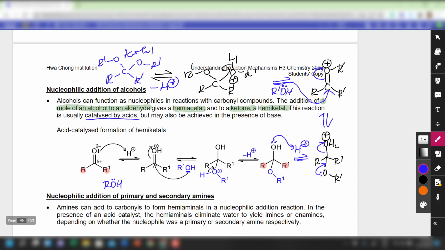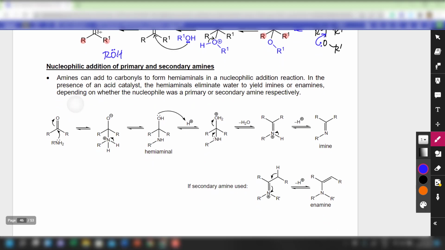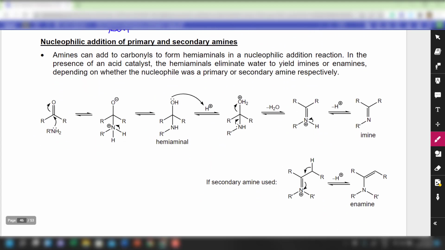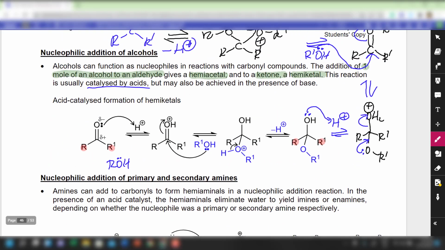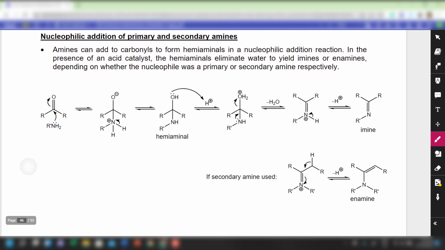Yeah, in activity 6, we talk about nucleophilic acyl substitution, otherwise known as the addition-elimination mechanism. We did mention that in the process of drawing the mechanism, you need to perform some modification to the steps. Next we have nucleophilic addition of primary and secondary amines. I think this needs no introduction. It's quite similar to the nucleophilic addition of alcohols. But you notice that for amines, I do not really need to